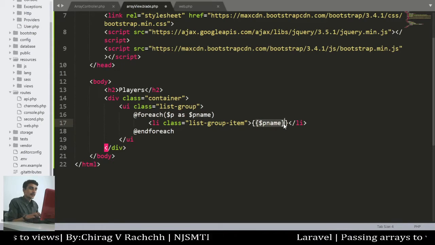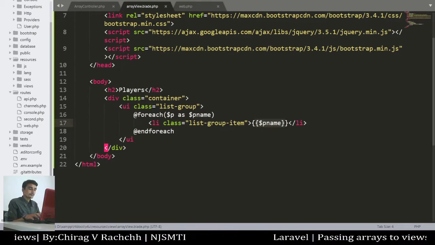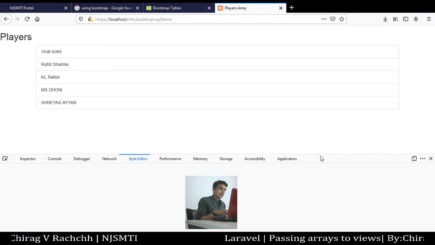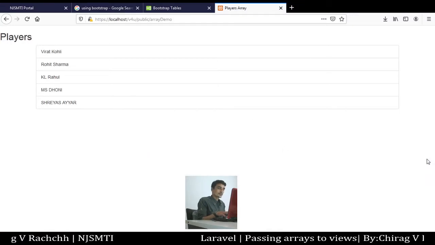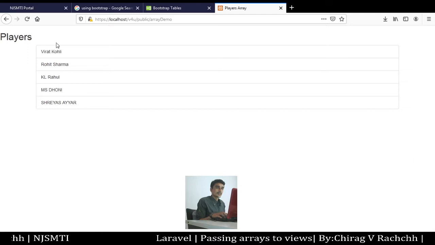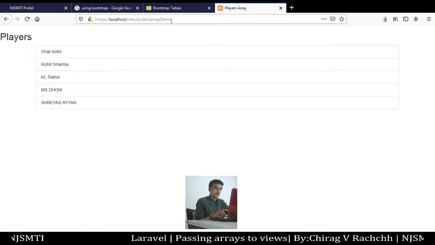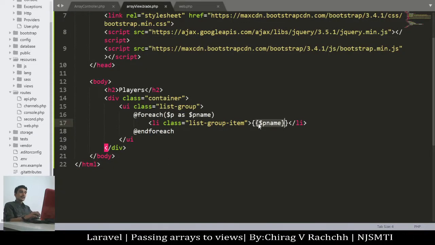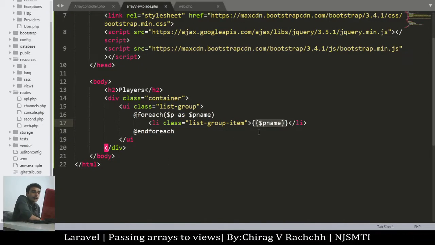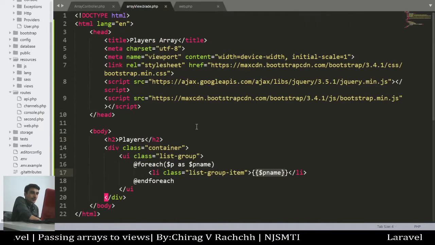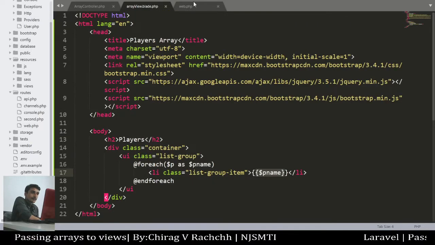Okay, let's go back to the browser and refresh it. You can see that names are appearing. So in this manner we can access the array from our view, which is passed by the controller.